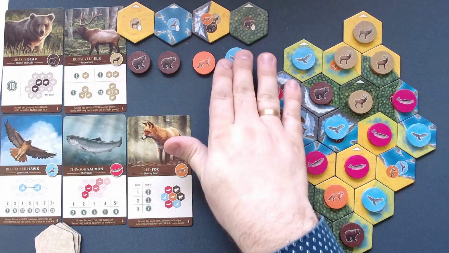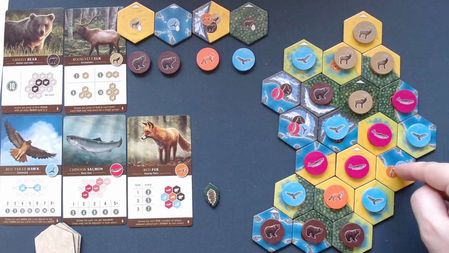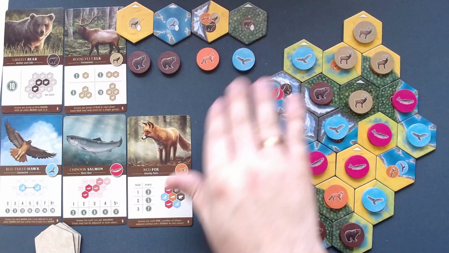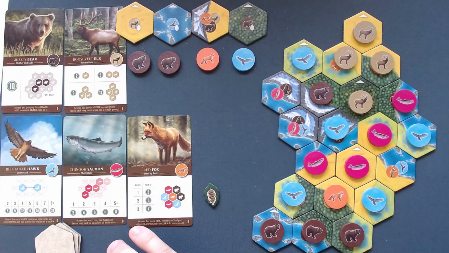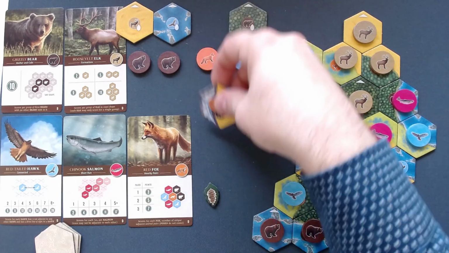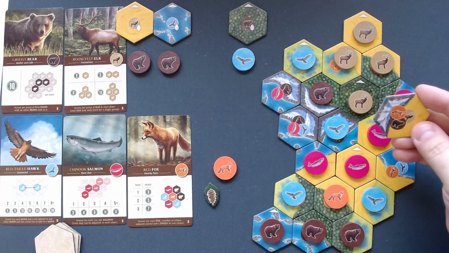Alright, so I don't need any hawks anymore. I do need a fox over there, but I still have time for that because if I take a bear, it's gonna vanish later. So I could work on my bears first, maybe. No, let's put the fox there first because I need to do that. So this one I can put,